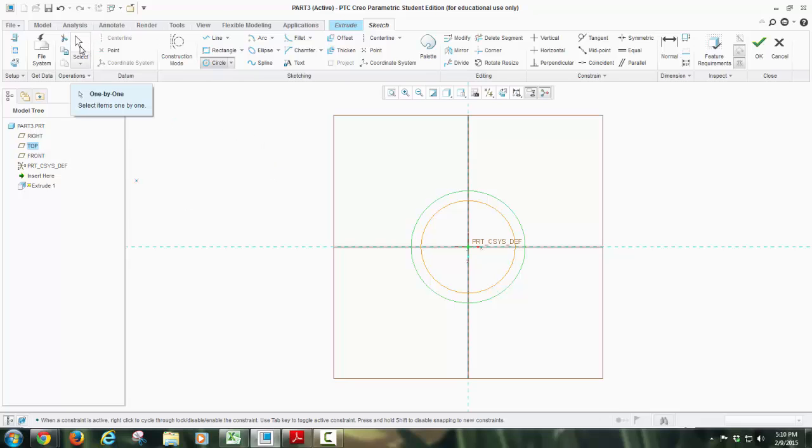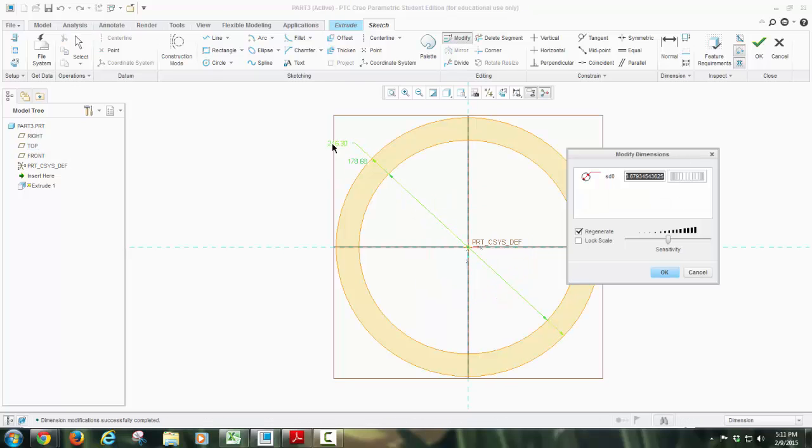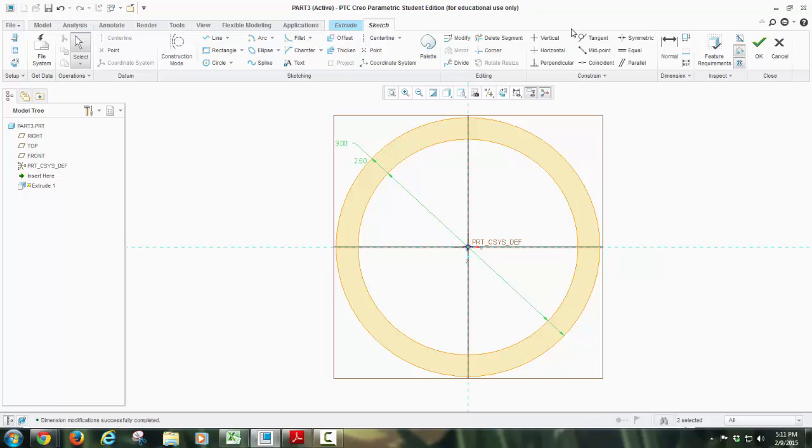So I can hit escape, that way I can exit the sketch feature. And then I can modify by clicking my modify button. You're going to get your dialog box. And so the inside diameter, and I'm going to uncheck my regenerate, the inside diameter is going to be 2.5 and the outside is going to be 3. I'm going to click OK,